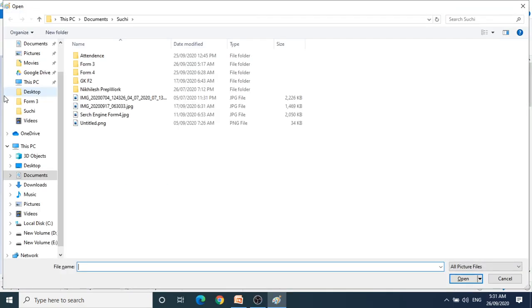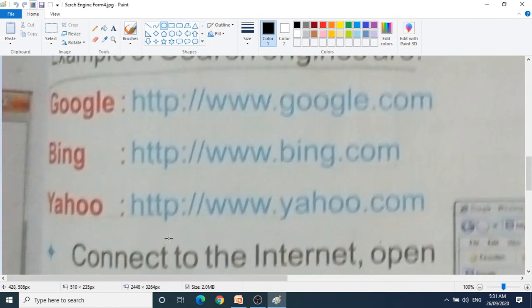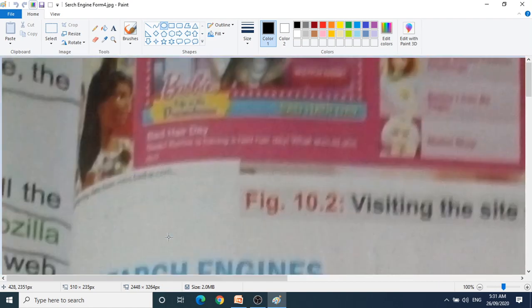Control O, open. Now I will open one of these. See, this is one of these. I have opened my saved file. Then I don't want this file, so I will do Control Z. Wait, sorry, I will draw.